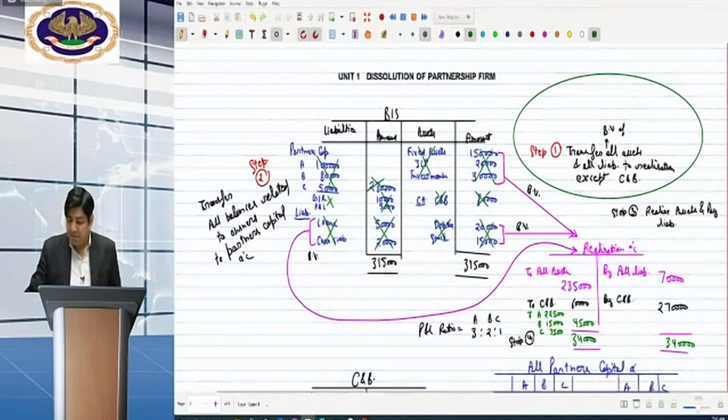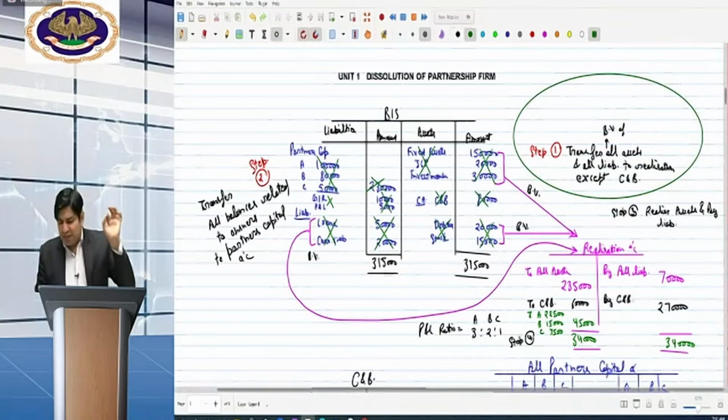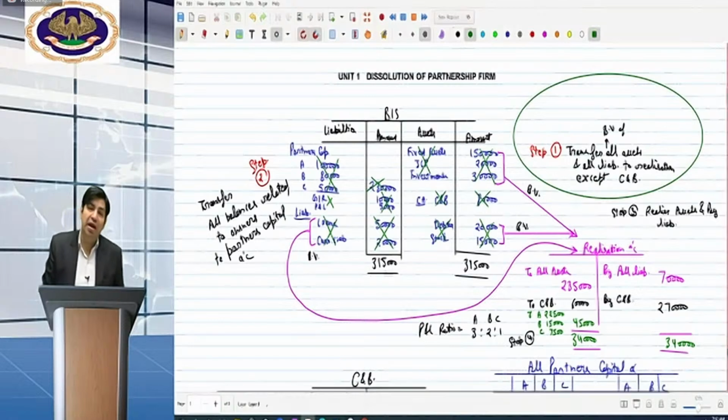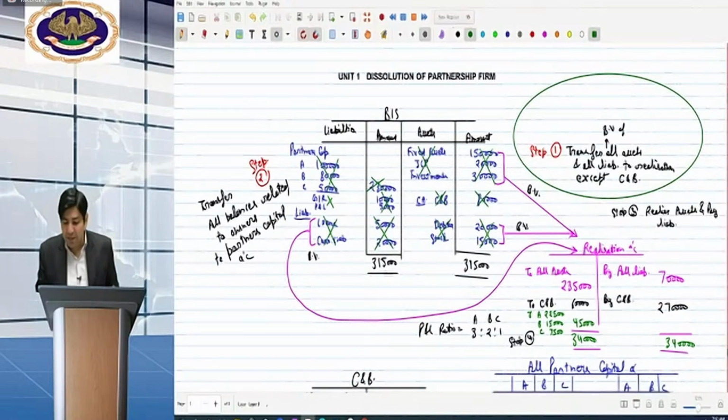First of all, transfer all assets and liabilities at book value to the realization account. It is just like you are handing over your assets and liabilities to the realization account. It means all the balances which were appearing in the balance sheet will get closed, and remember, only the book value will be transferred, whether it is realized or paid at a higher or lower amount. Main thing is that we are closing our books.